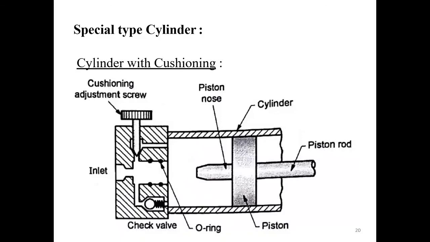Then cylinder with cushioning. You know that cushioning is provided for the safety purpose of the cylinder. We are producing this cushioning to the cylinder just for the safety purpose, or to increase the life of the cylinder. So if the cylinder is long, its stroke